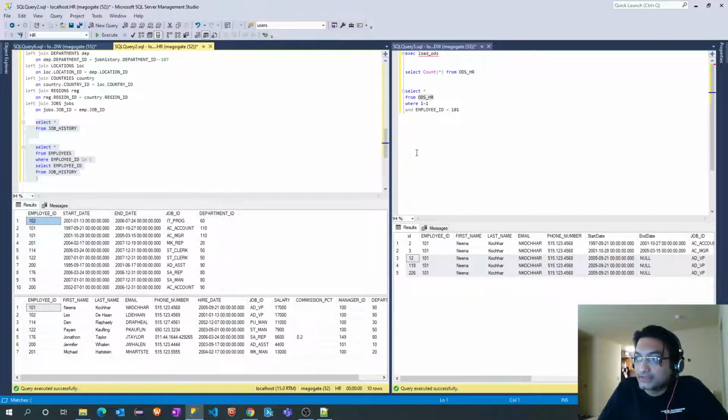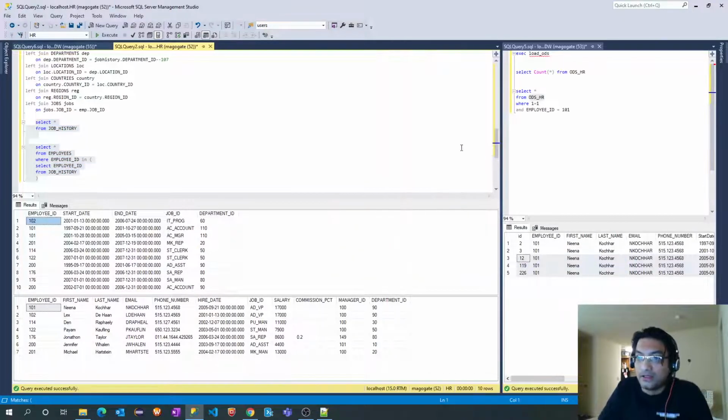Now, as you can see here, certainly the employee ID is a primary key in the employees table. There are no duplicates, so we can find that out as well.